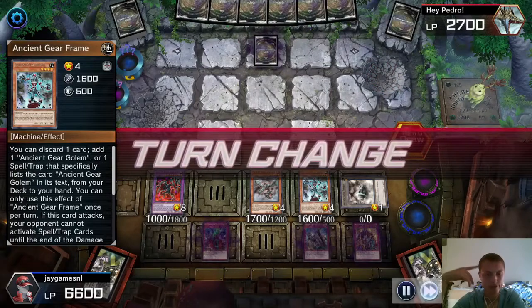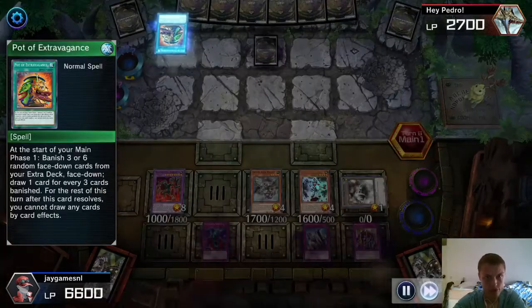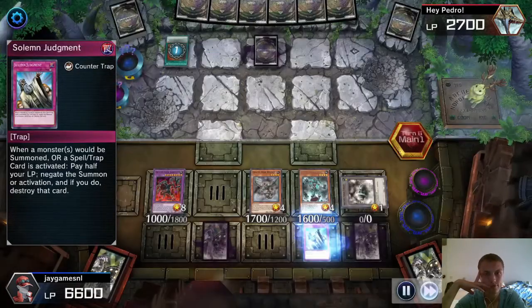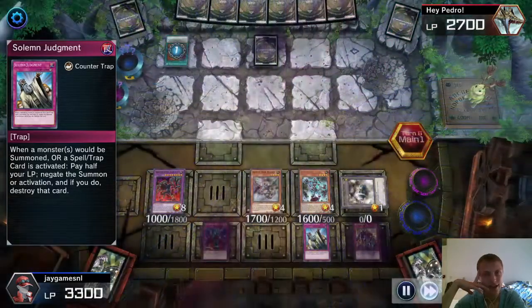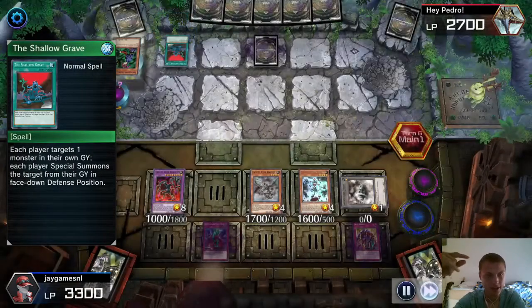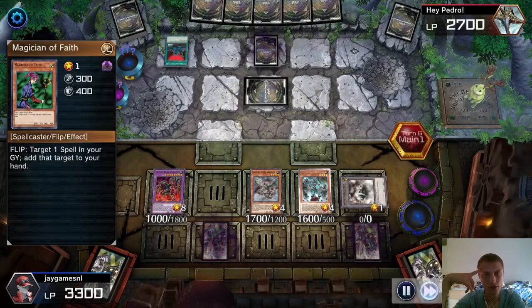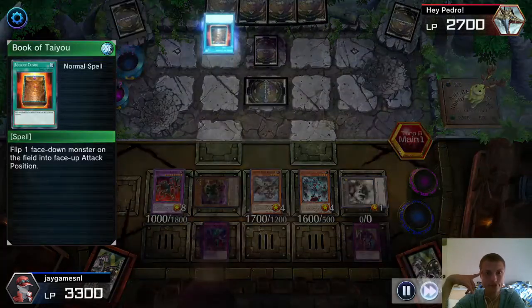Make the clock go faster, because I still have 2 negates on the field, like a Bottomless Trap Hole and a Solemn Judgment. So I Solemn Judgment his draw, because I had the feeling he still doesn't have the things he needs, so I can use that card. So here he makes a little bit of a mistake, because